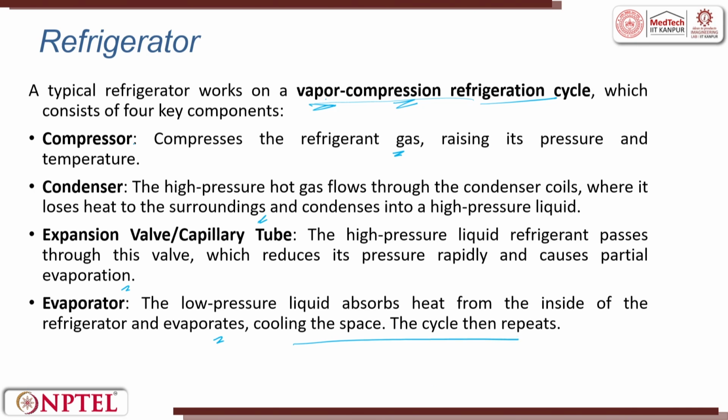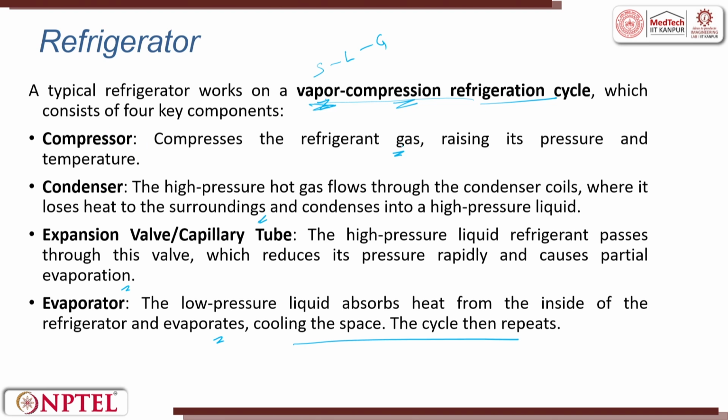Right? So, compressor, condenser, the expansion valve, capillary tube and evaporator. There are 4 things which are there in a refrigerator. It follows a vapor condenser. Vapor comes in the phases solid, liquid, vapor. We also saw the latent heat in the beginning lectures. We saw those fundamentals. So, here it is very simple.